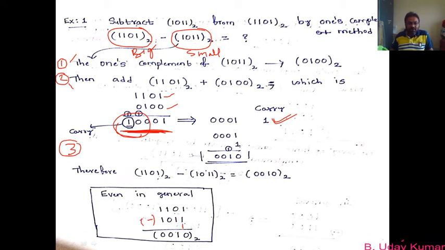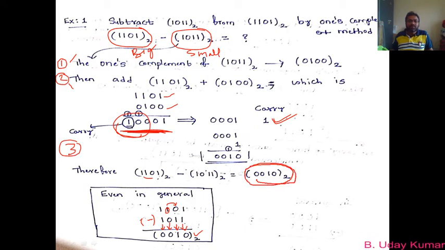You know that 1 minus 1 is 0. Okay, 0 minus 1 is how much? So actually you are subtracting a bigger number from a smaller, right? So then what you have to do? You have to borrow from the next higher order column. If you borrow, what do you get? 10 minus 1 will be 1. So that is what you have to understand. Since this 1 is borrowed by the second column, what will be left here? The left value will be 0 here. So 0 minus 0 is 0 and 1 minus 1 is 0. So finally, if you subtract 1011 from 1101, how much are you getting? You are getting 0010. That is what we are getting here also, right?